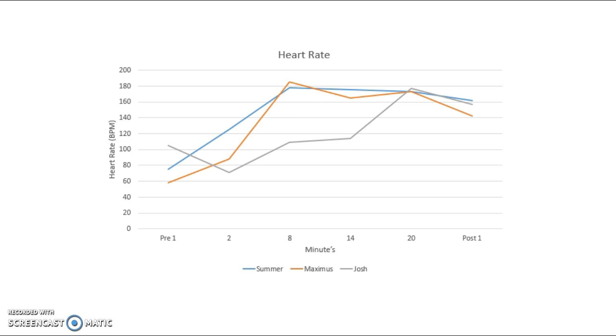Here we can see that after minimal exercise for 2 minutes their heart rates had increased, and then by 8 minutes they had all increased quite drastically, with two clients, Summer and Max, having heart rates that had more than doubled. Then their heart rate started to plateau with some decrease and increase. We can also see here that Josh's heart rate at the start of the exercise decreased instead of increasing. This could have been due to having a slow start, or the data was just recorded wrong.